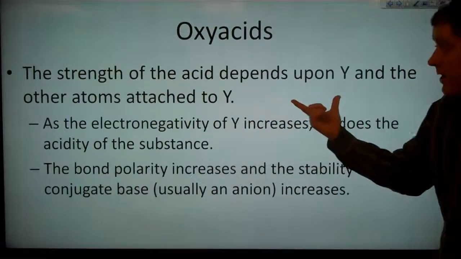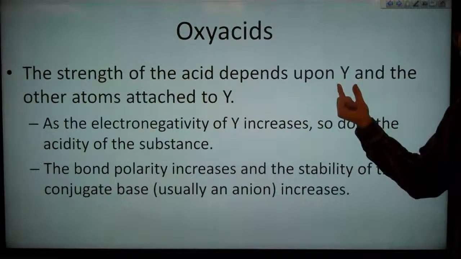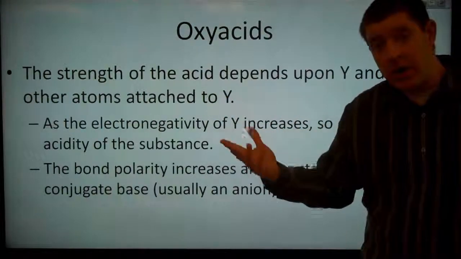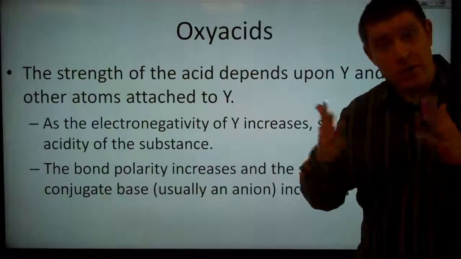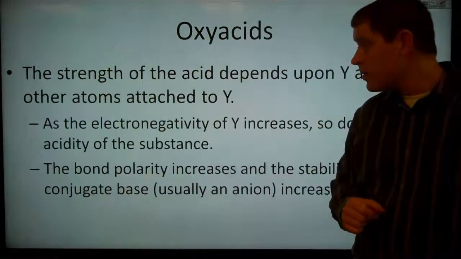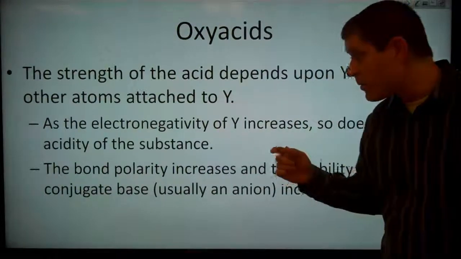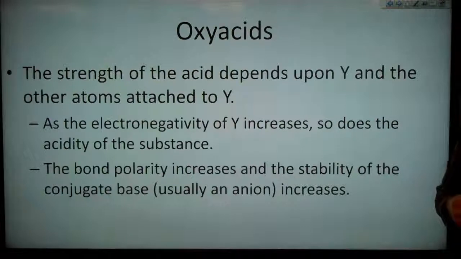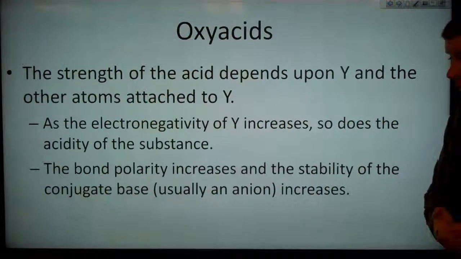So the strength of our acid here depends upon Y, our central atom, and the other atoms attached to Y. So how many other oxygens are attached? If you have some other atoms bonded to our central atom Y, those matter as well. So as the electronegativity of Y increases, so does the acidity of this substance. Basically,